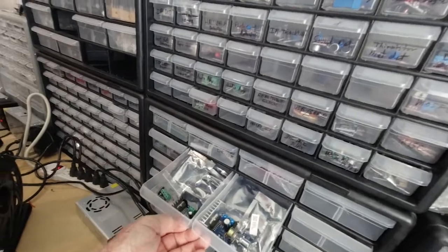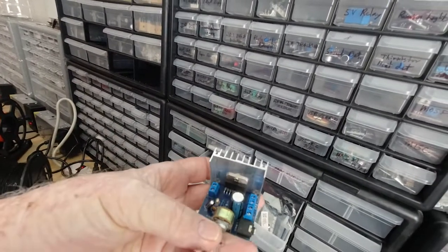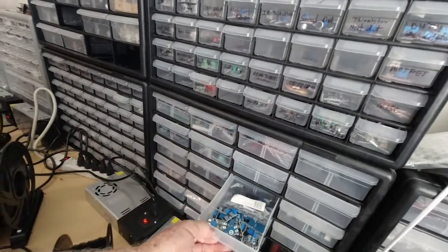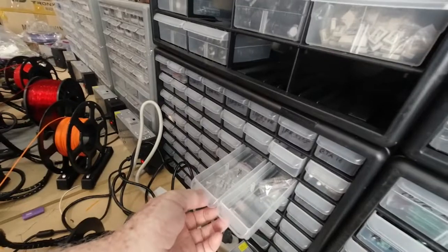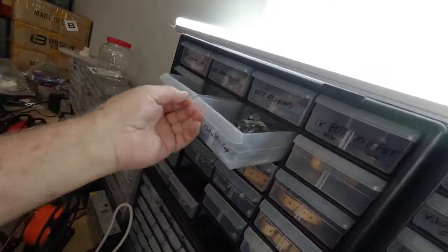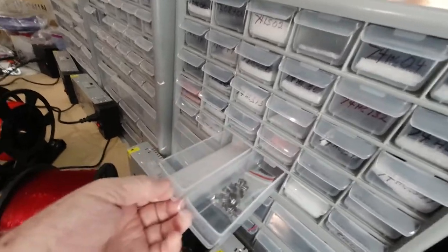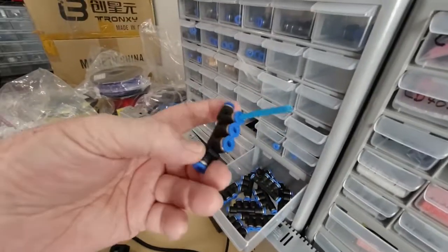Just a whole variety of different types of things, from boards that are used for modulating signals for motor control, and just you name it. I collected a lot of these different circuit boards, a lot of resistors, all kinds of different wattage and different resistors, capacitors, everything from electrolytic to, these are mostly electrolytic in here. And then we have integrated circuits, ICs, several different types of ICs, more ICs, and these are for connecting